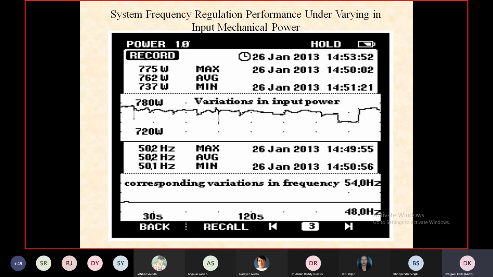But this is a highly reliable system, almost stable in comparison to other renewable energy systems. Because in wind, the input power variation, the input power of the prime mover, is very high. Usually it fluctuates; anytime it may change. In solar it is also like that. But as far as small hydro is concerned, the input power delivered by the small hydro turbine to the generator is almost constant. But it varies in